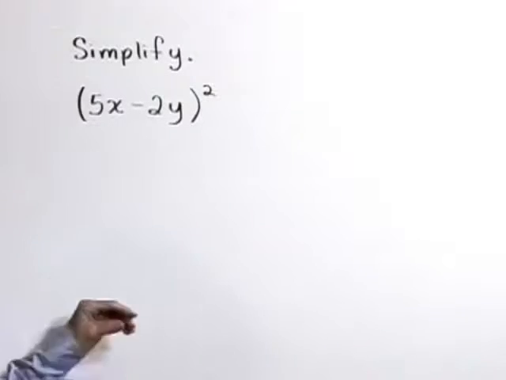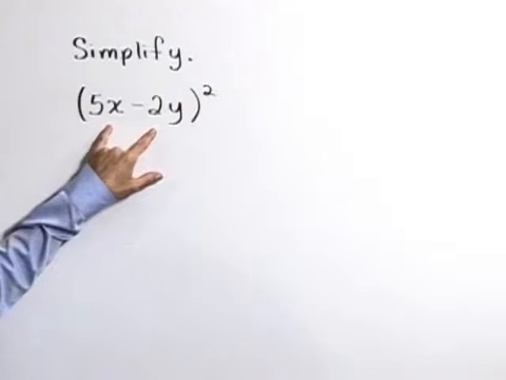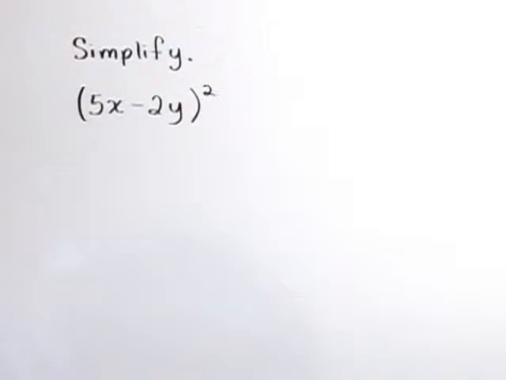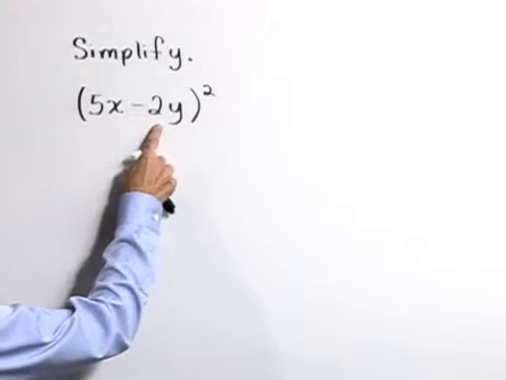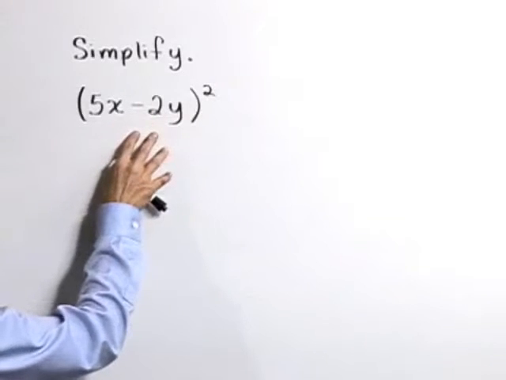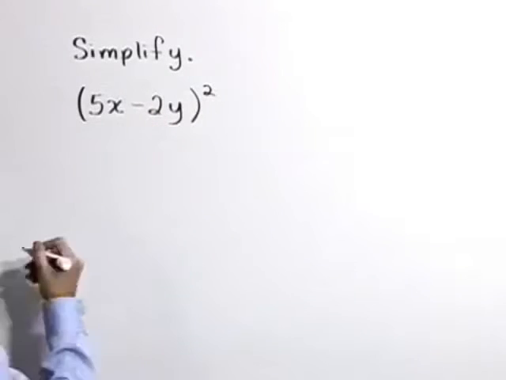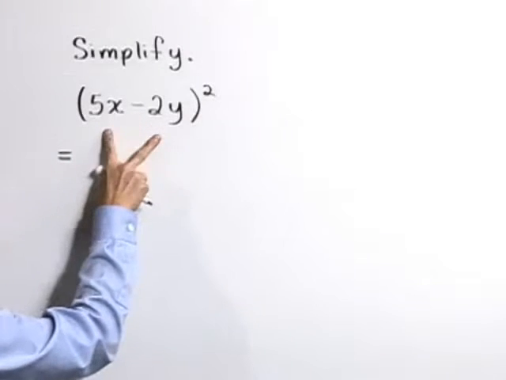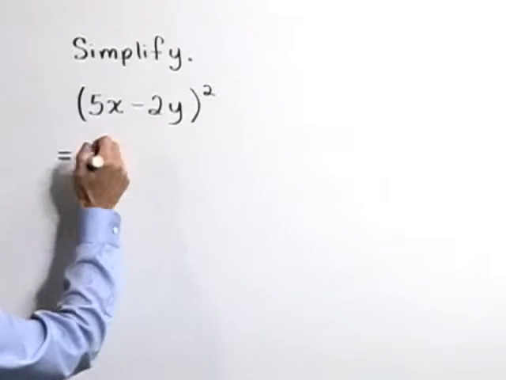Simplify the binomial (5x - 2y) quantity squared. Now don't make the mistake of just squaring each of these terms. You'll be forgetting your inner and outer products. But what we can do is use our formula for squaring a binomial difference, which takes our first term,